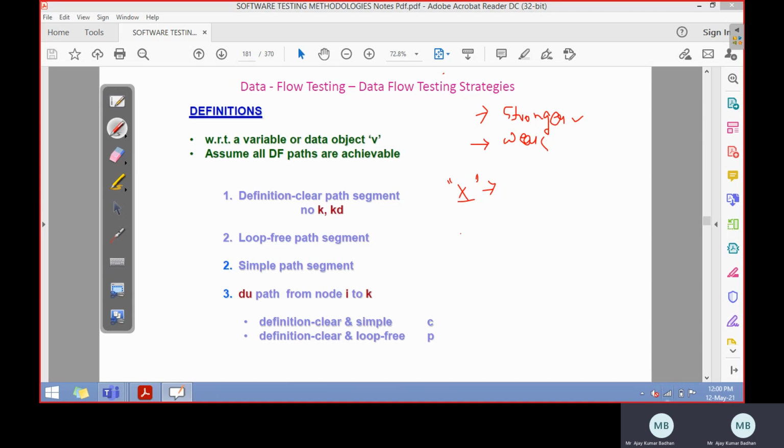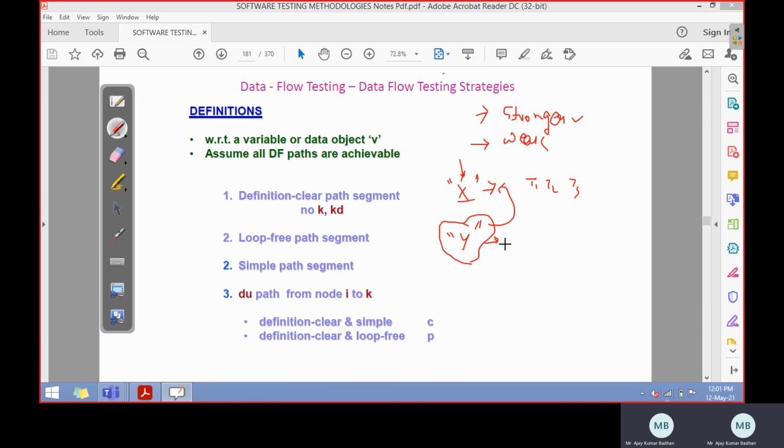Let us suppose that we have two different strategies here for performing data flow testing. One is strategy X, one is strategy Y. Now in this case you can say that strategy X is stronger than strategy Y. When can we say that it is stronger than Y? Only on one condition. What is that condition? If all the test cases you are writing within strategy Y are present in X, and apart from that, strategy X has its own test cases, okay, some test cases T1, T2, T3 and so on.